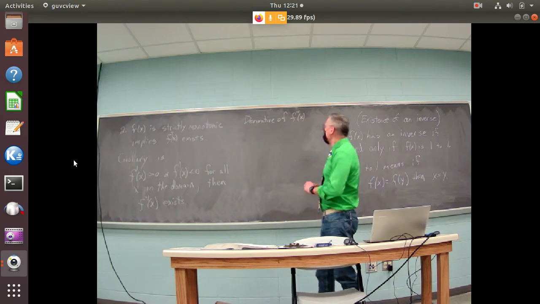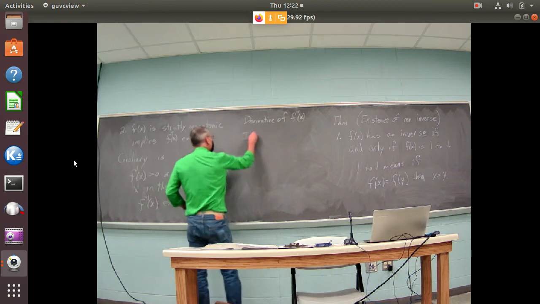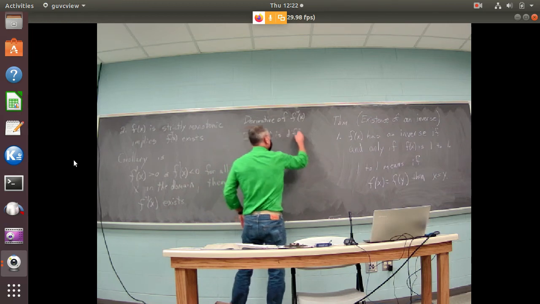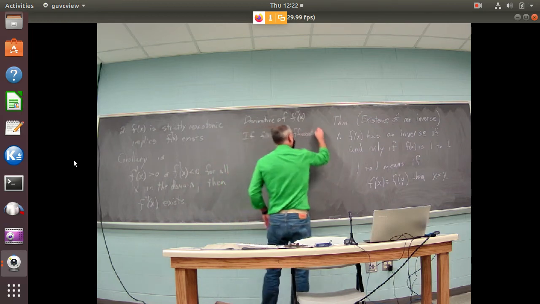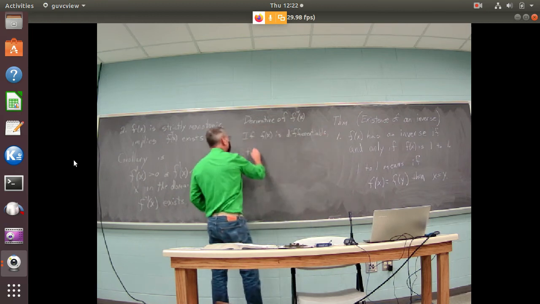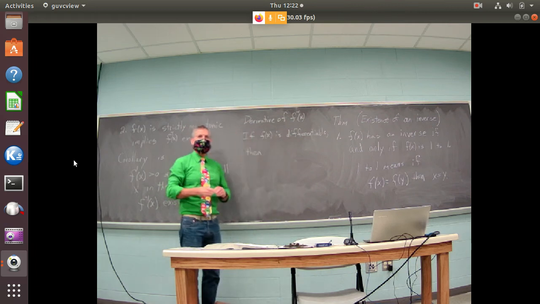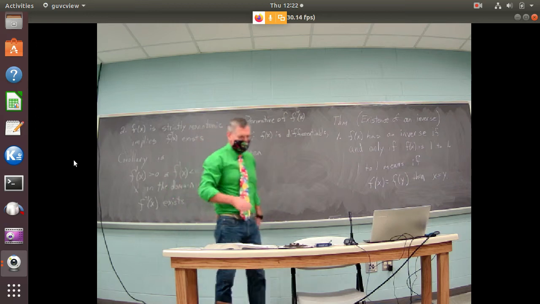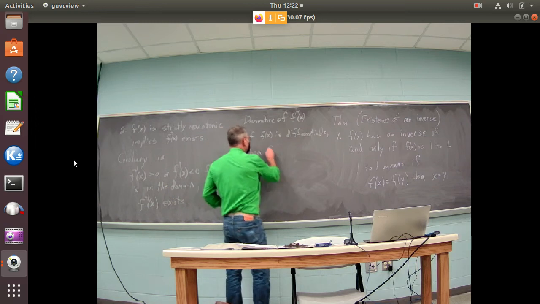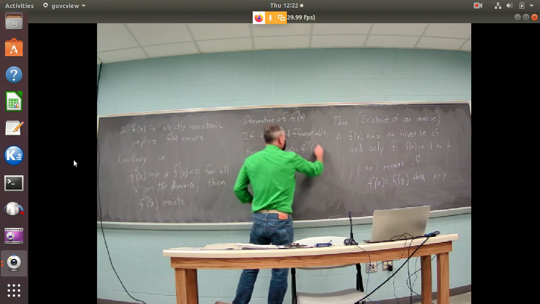If f of x is differentiable, and we're assuming f inverse exists, otherwise I would have no reason to state this, then for g of x equal to f inverse of x,